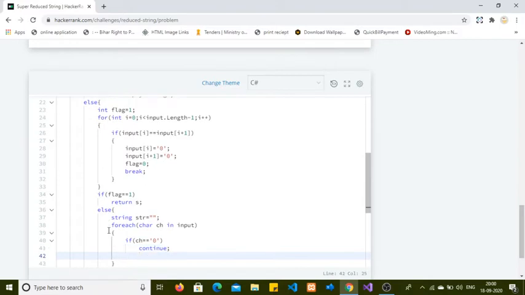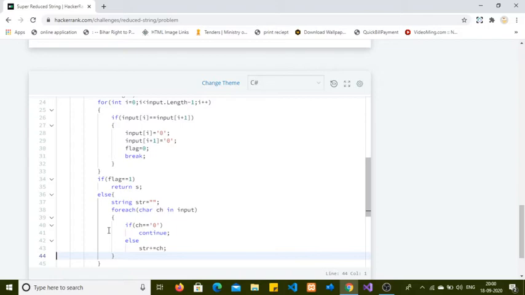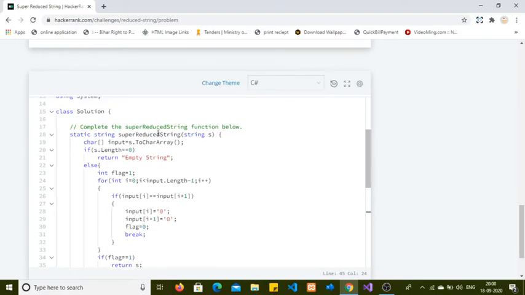Continue, else str plus equals ch. And return, I'm using recursion so I am calling the same function with the newly constructed string.